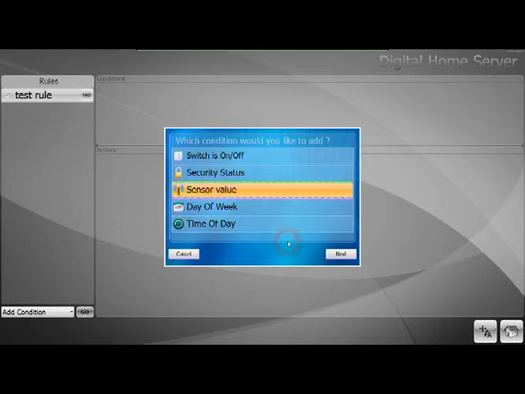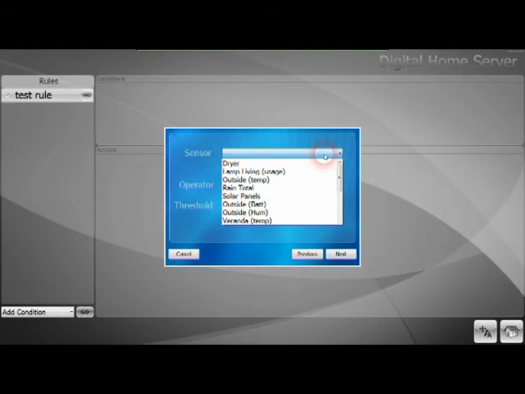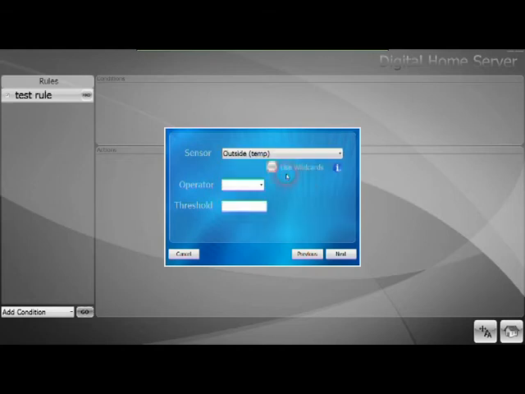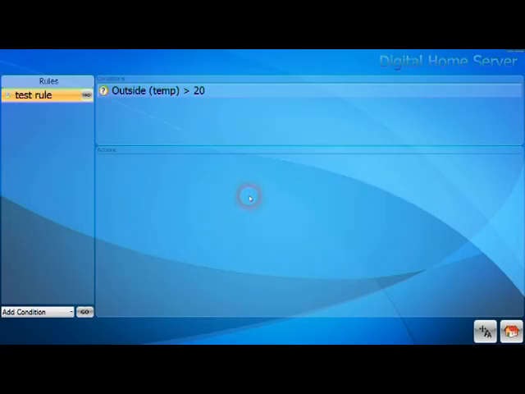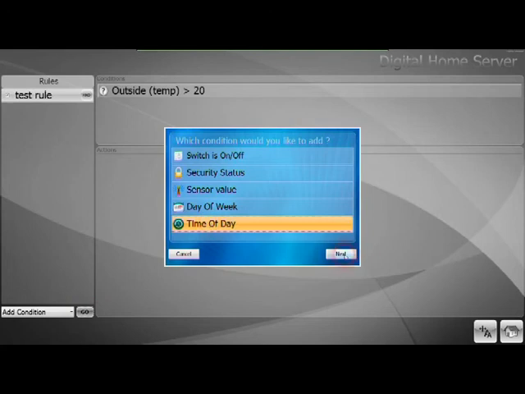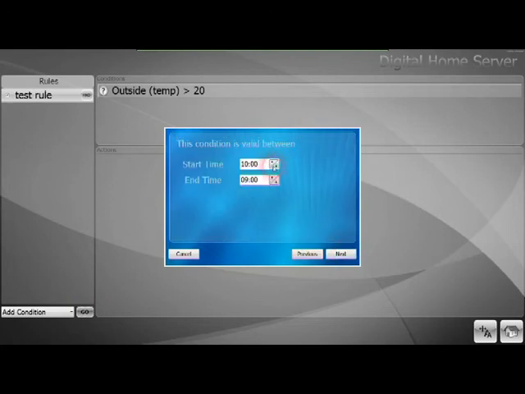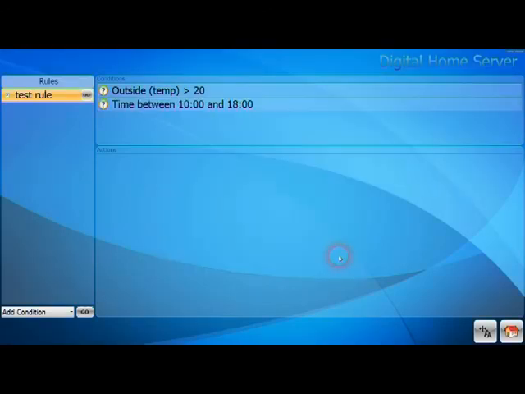So let's do a little example with the sensor value, and let's take outside temperature, with no larger than 20 degrees, and let's say at the same time we should only check this from 10 until 6, and so now those two conditions must be true, and when they are true we can execute a number of